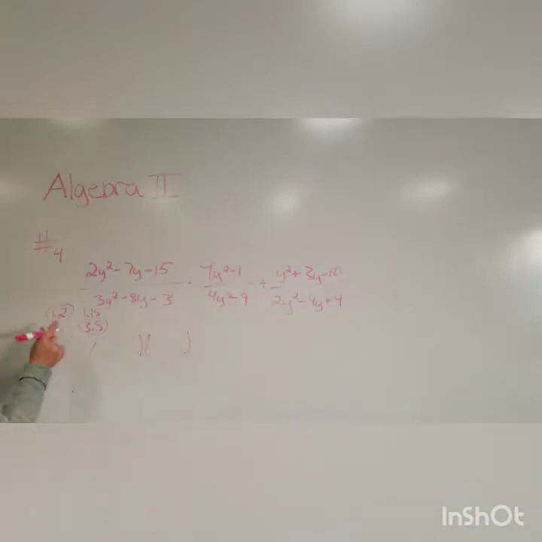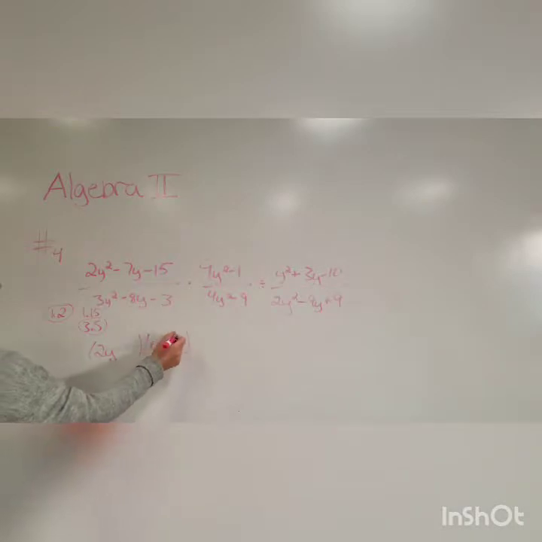So we're going to use these factors and these factors. These are your first terms. So they're going to go 2y and 1y. And then what do we want to multiply the 2 by? We want to multiply the 2 by the 5, right? So it's got to go all the way over here. And the 3 is going to go here. Now we want a negative 7, which means our bigger number, which is 10, needs to be negative